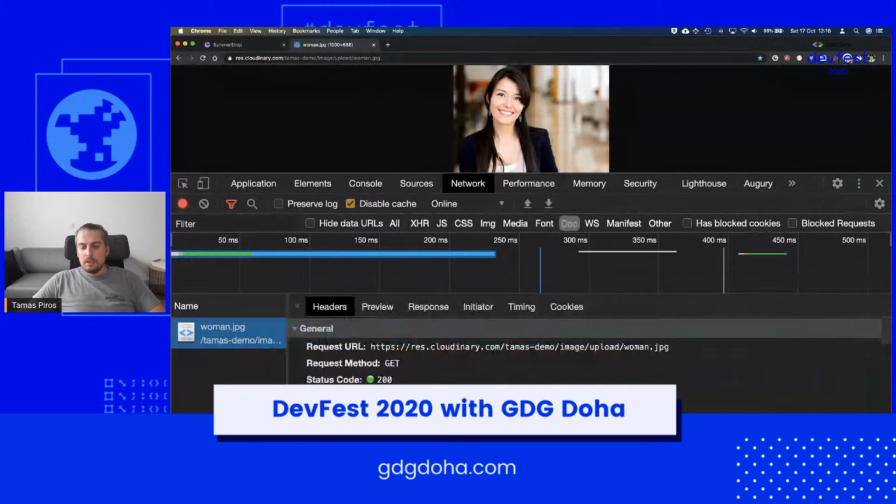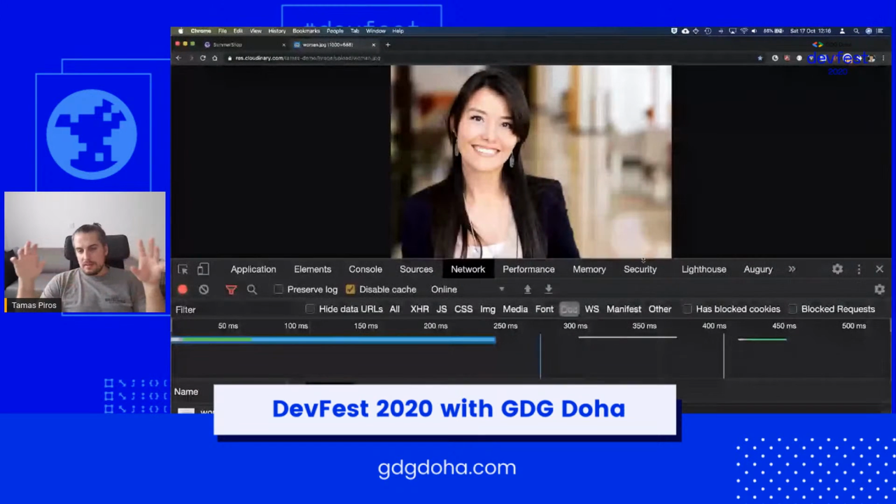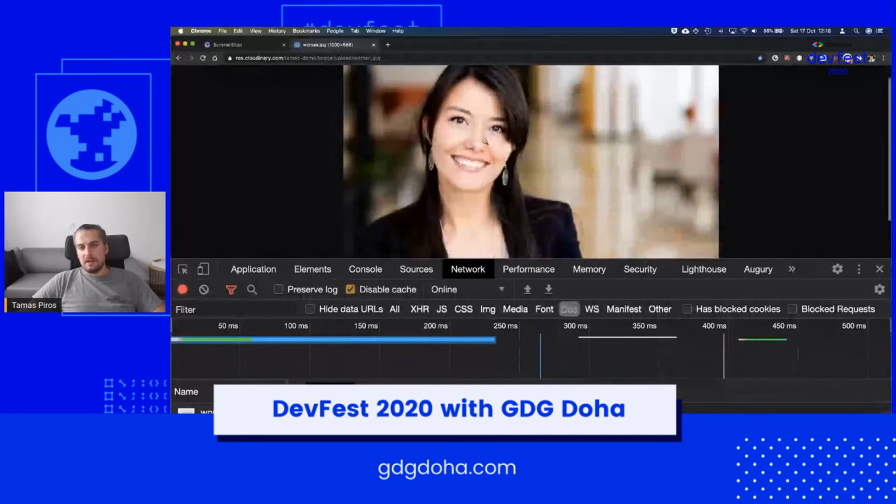Now, the problem that most developers have is that they use all these images and then they use CSS to shrink down the dimension of the image, which is not necessarily a good thing to do. So there's a lot of things that we can do to optimize this image. First of all,